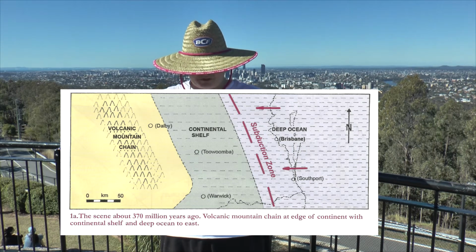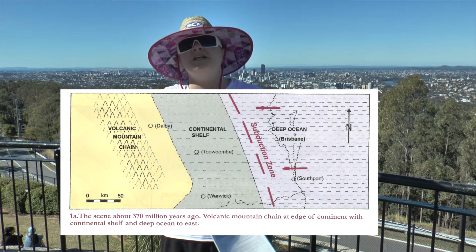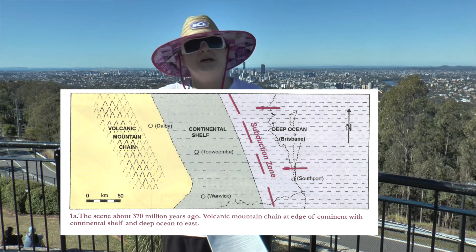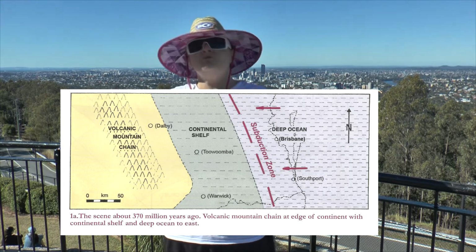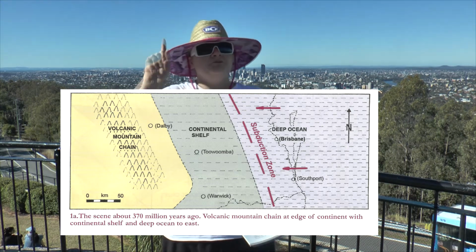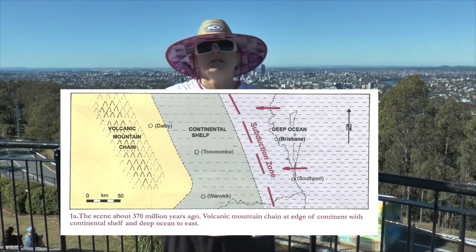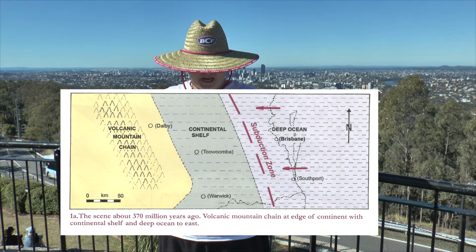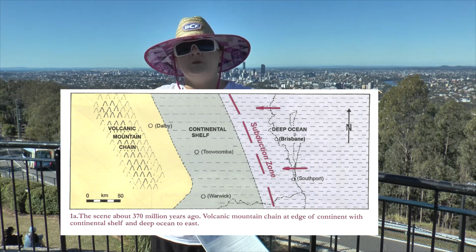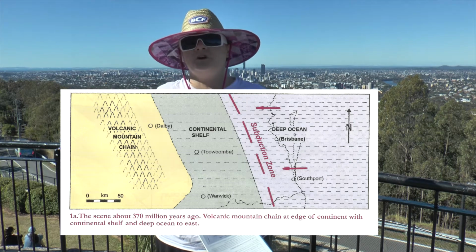This was deep ocean. The subduction zone itself probably would have been around about Ipswich, where the trench was, Toowoomba, which is that way. That would have been on the continental shelf, and out past Dalby,